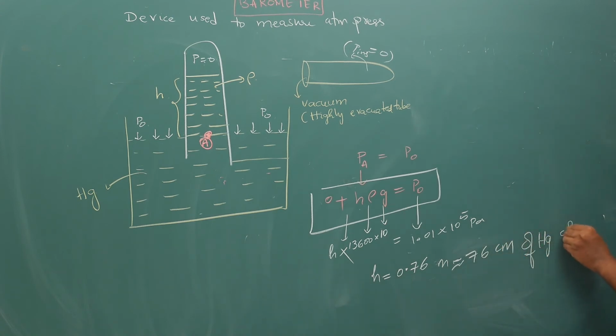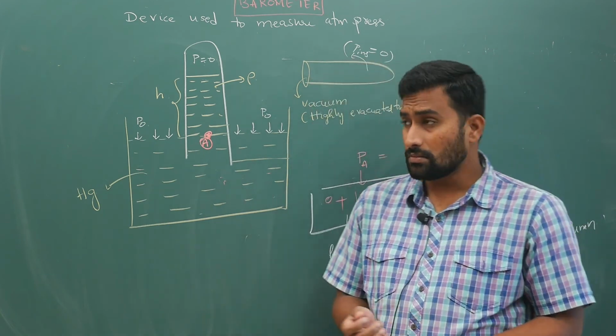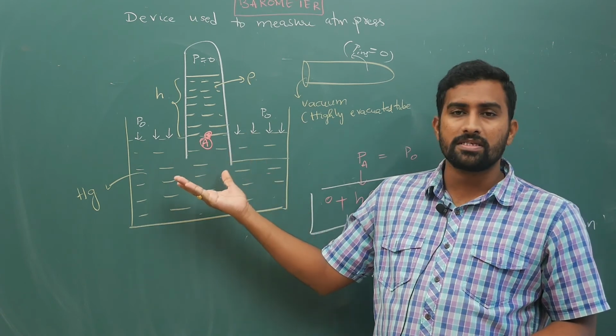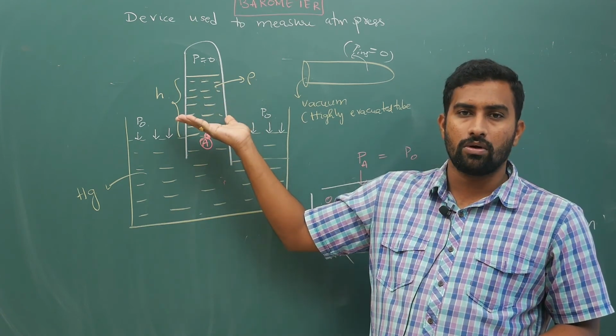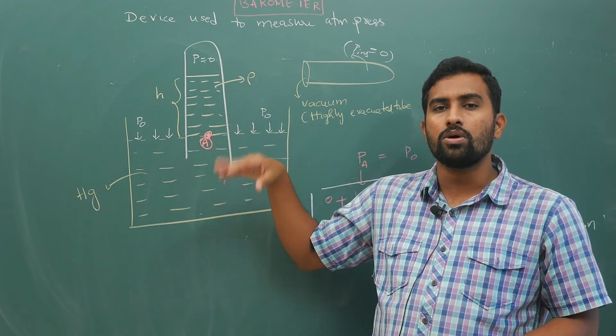So I told you your length is pressure. How that means? It is according to this. Okay. So now what is exactly happening here? I will tell you. This evacuated tube, you are dipping it in mercury. Your atmospheric pressure is more, inside the tube pressure is 0. So because of pressure difference, liquid will flow. Liquid will flow from high pressure region to low pressure region.